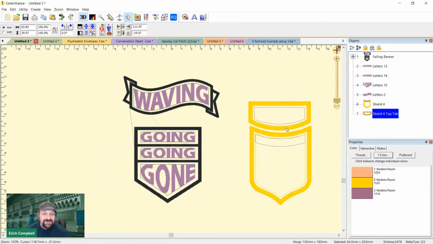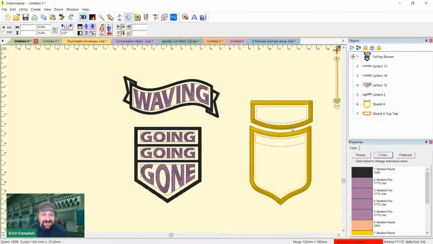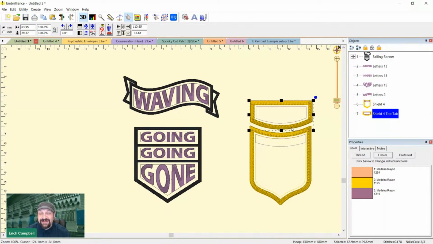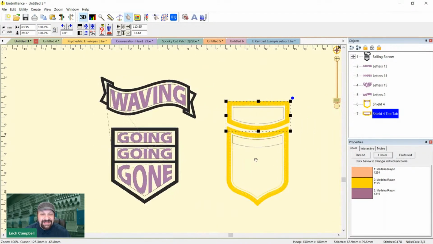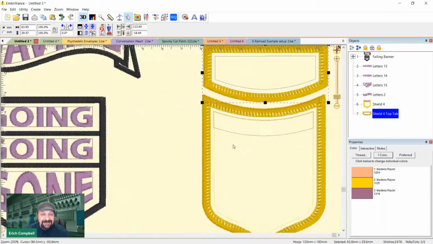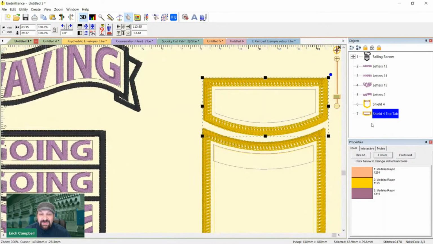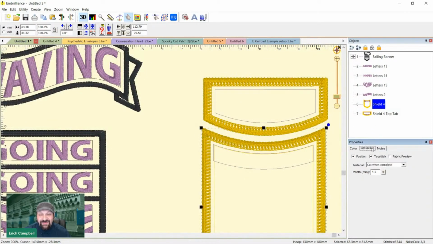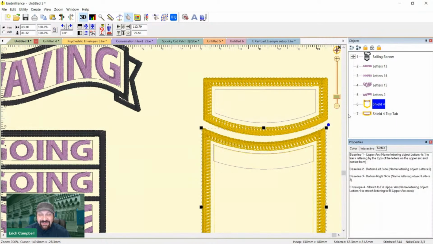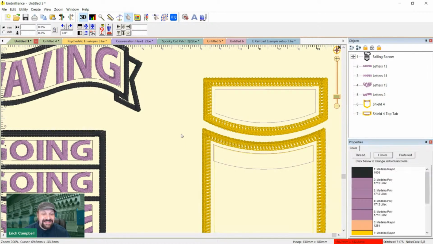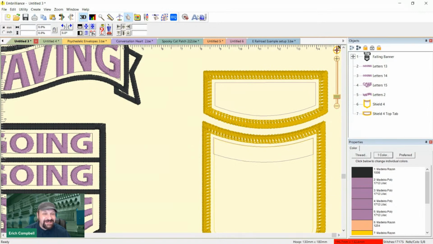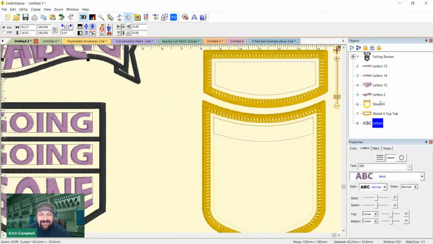But as we can see with this one, number one, I've got these patches that are made to fit together. If you make these, you can make a top tab that goes with your rocker. But the other cool thing is, as we can see, we've got some envelopes in here. And with those envelopes, we now have the ability to drop stuff right in. If you look at the notes on here, it tells you what the baselines and the envelopes are called, what you should name your lettering object to get a baseline or an envelope, and it tells you exactly how it works. So in this case, if I drop some new lettering on this thing,